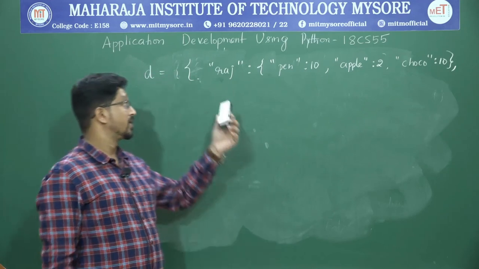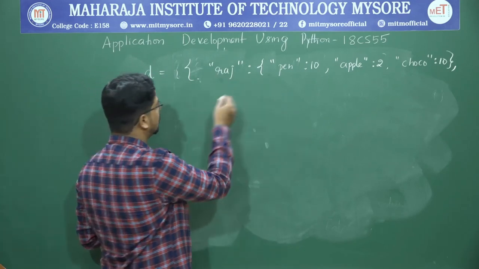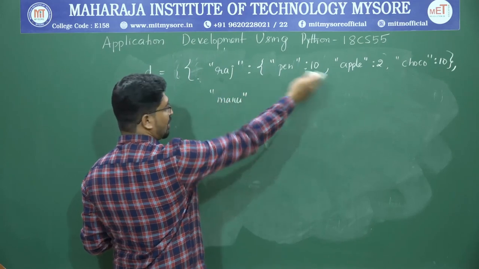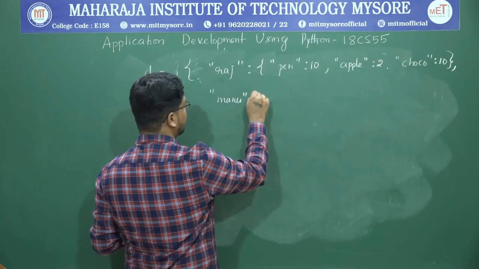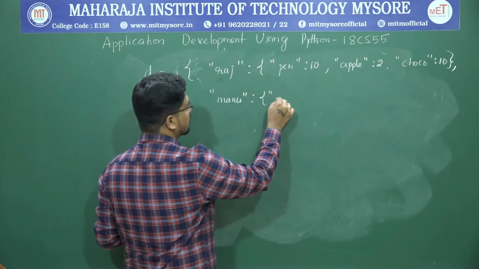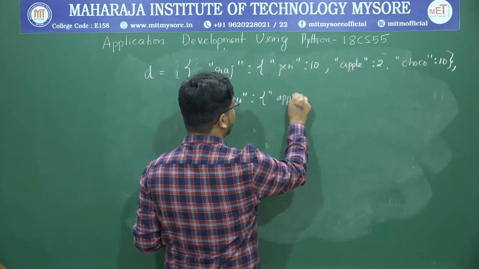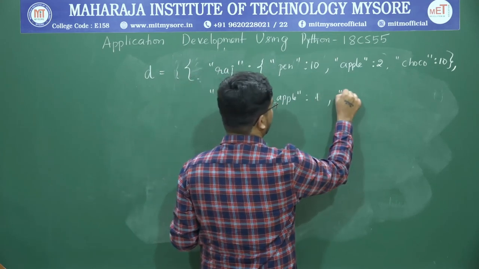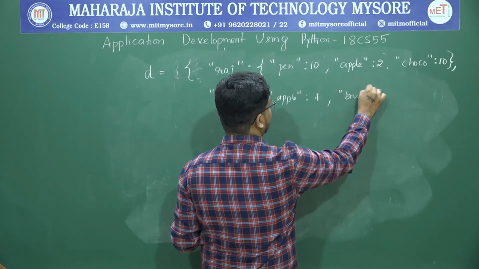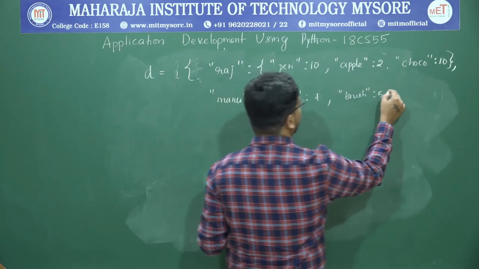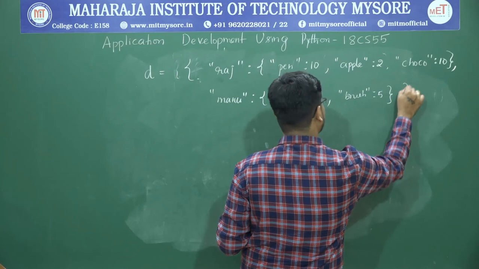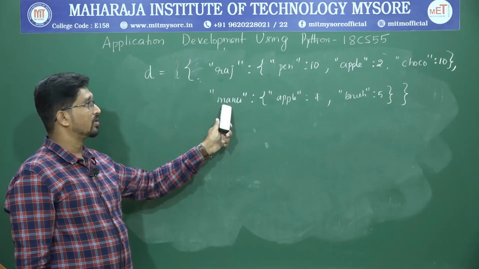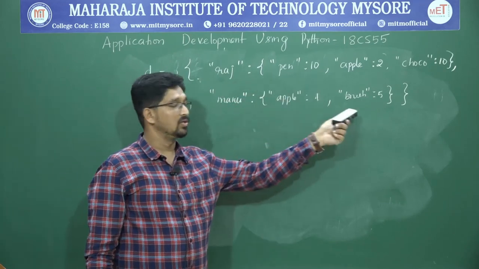Okay, I was telling about nested dictionaries. Let us consider Raj. I will consider only two examples. Let us say Manu, the second value. This is the one whole key and value. Then he has got some, let us say apple 5 kg or 1 kg. Then brush in 5 numbers. Okay, I think he got only 2 items. Then close. This can be the one dictionary D. Raj and Manu are the keys, and these are the values.